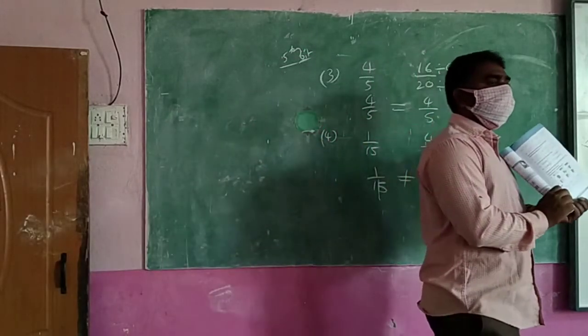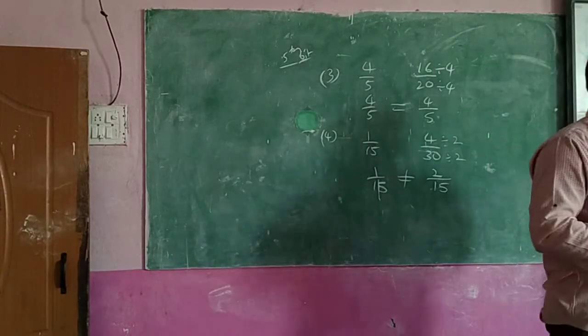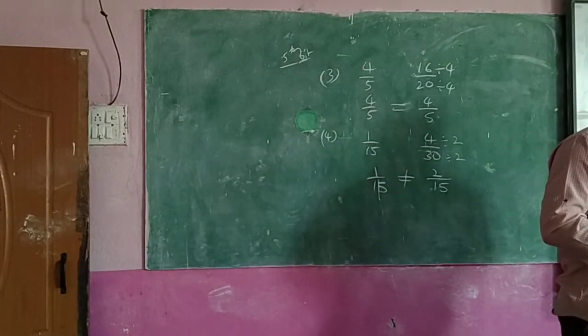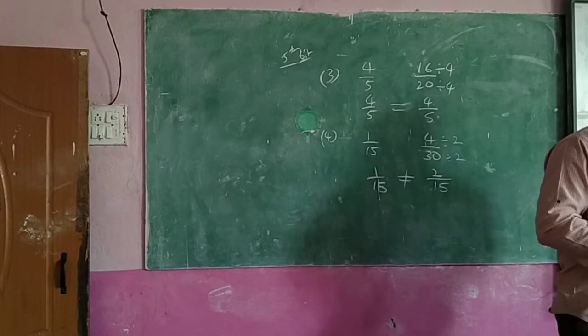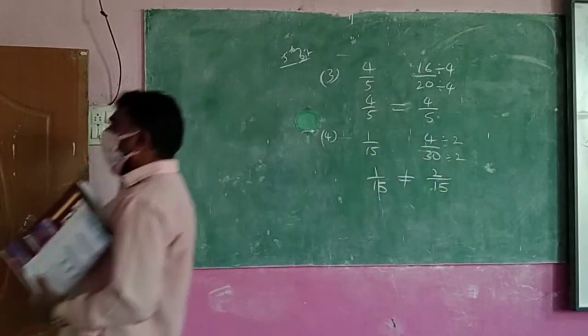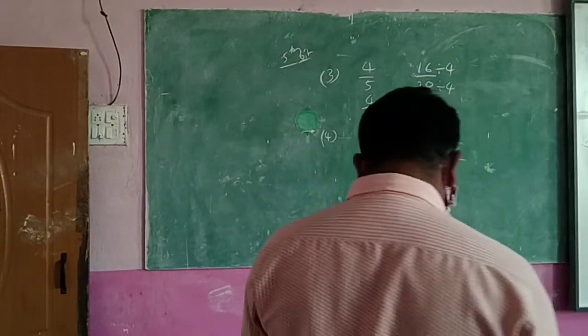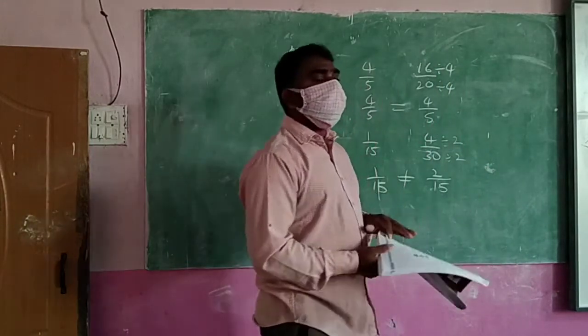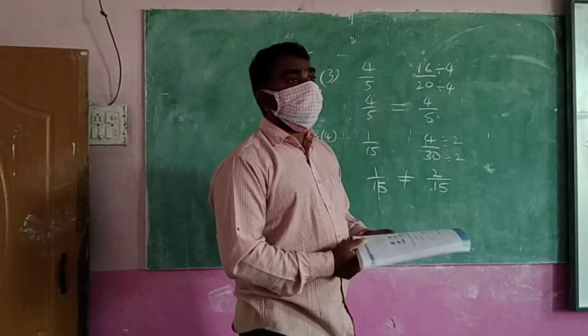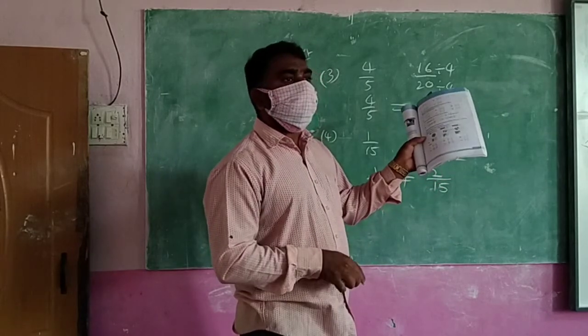Next, the 8th bit, you see here. What are you going to do? All are additions only, no? Yes, some additions and some subtractions are there. In the 8th bit you see there are additions and subtractions here. But you can do it directly here. Why? Because every problem has like fractions only.